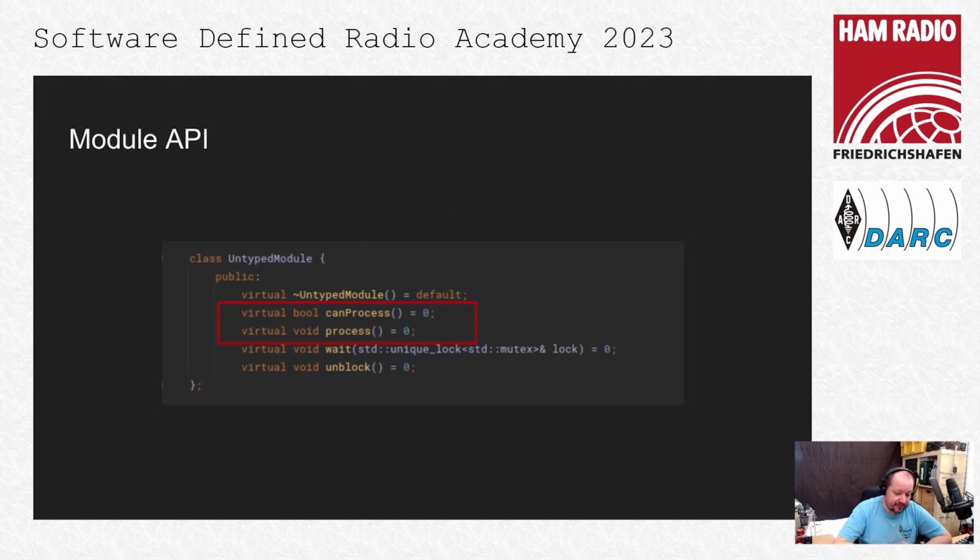That's all there is to it. That is the very basic API of a module. It's still pretty simple if you want to implement your own. And there are a few other subclasses of that module available that I'm not going to go into, but if you want to have a more simplified API, there are a few other flavors of that module implementation available.